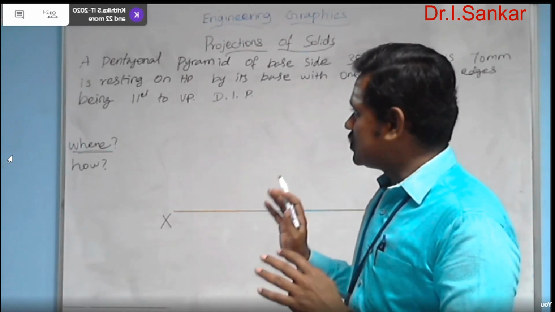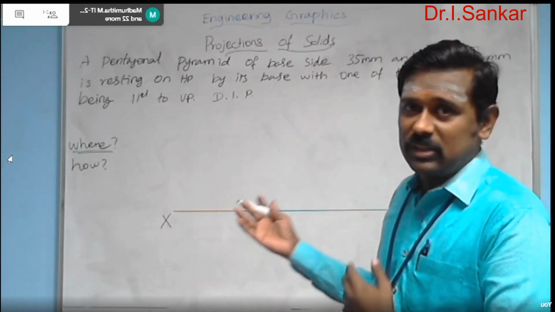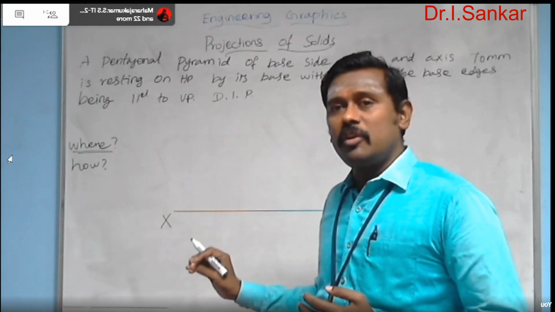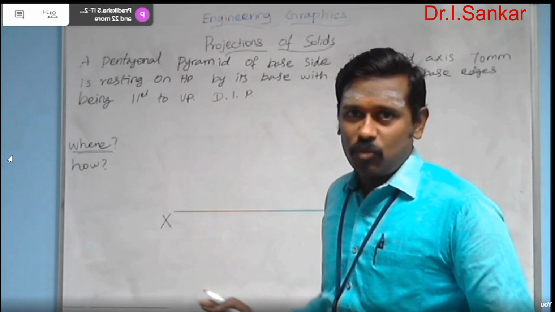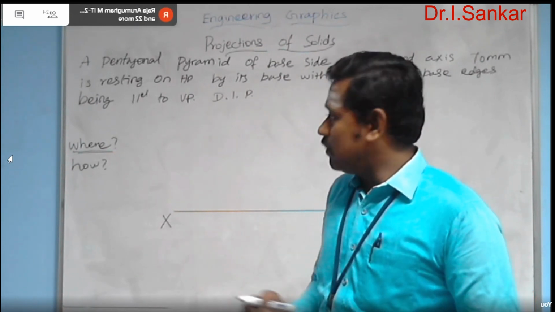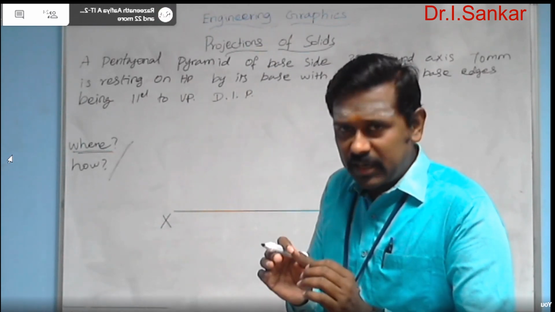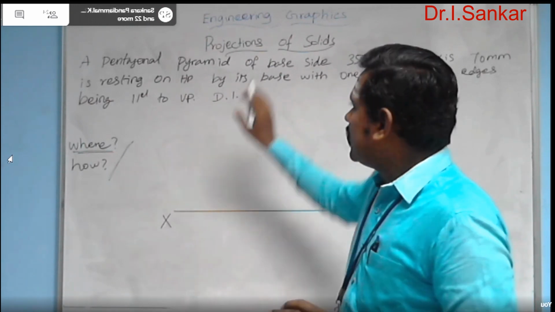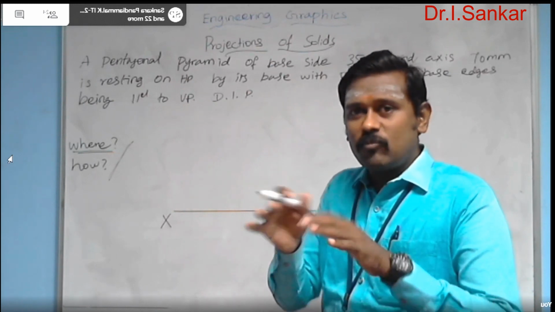It is very easy to draw the front and top views by using this method, but when you initiate it in the wrong way, however you followed every procedure in right way, you will get the wrong answer only. So be very careful and spend much cautious when you are in the first two steps. First you have to decide where you will get the base view of the solid based on the resting condition given in the question. Your solid is resting on the horizontal plane.